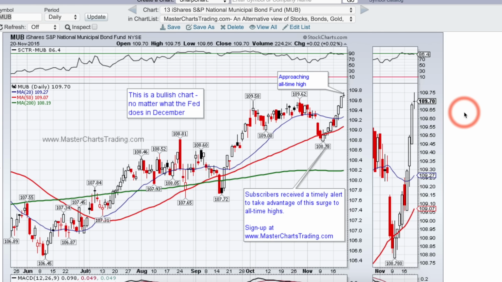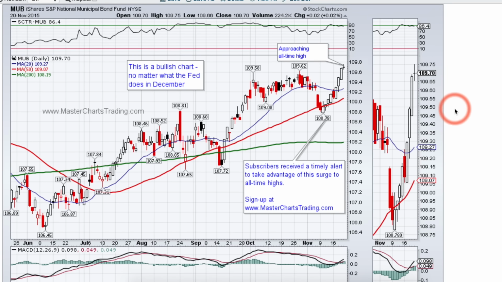Okay, let's switch gears a little bit and look at the bond funds. So this is MUB, the iShares National Municipal Bond Fund. So it holds all kinds of muni bonds. We had a pretty sizable drop here, as in December a rate hike was talked about a lot, and I guess it pushed the prices of bonds a little bit lower. But I think we found support at this breakout level, and rallied pretty hard